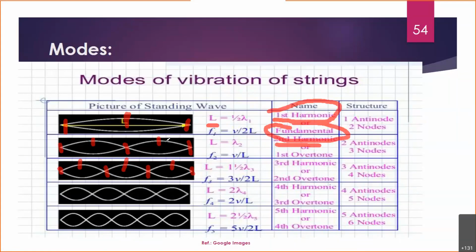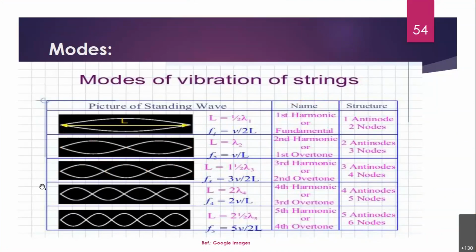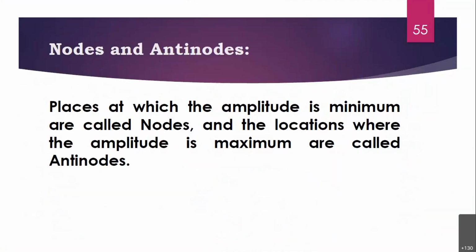So overtone is nothing but the same harmonic, or these loops you are seeing. That's what we are saying: how many overtones or loops are coming out in that pattern. So either you consider it as harmonic or as overtone, nothing to worry about. This is how standing waves can be represented, but it all depends on the node and antinode part: how many nodes and antinodes are there. I think this part is clear. So let's move on again to node and antinode. Whenever you see the amplitude is minimum, we say node, and whenever the amplitude is maximum, we call it an antinode.